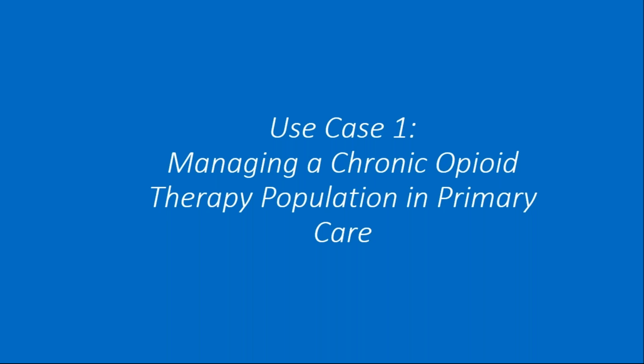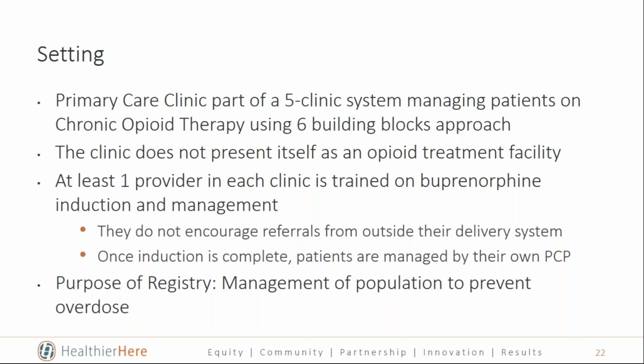The first one is going back to this chronic opioid therapy for population management in primary care. So the setting for this, and this again is in line with the discussion we've already had about chronic opioid therapy, both in terms of that primitive registry that I showed you at the very beginning, and some other slides. Imagine for a moment that you are in a 5-clinic system that's managing patients that are on chronic opioid therapy. These are people who are getting their prescriptions from the clinicians in that clinic. This is not a street drug